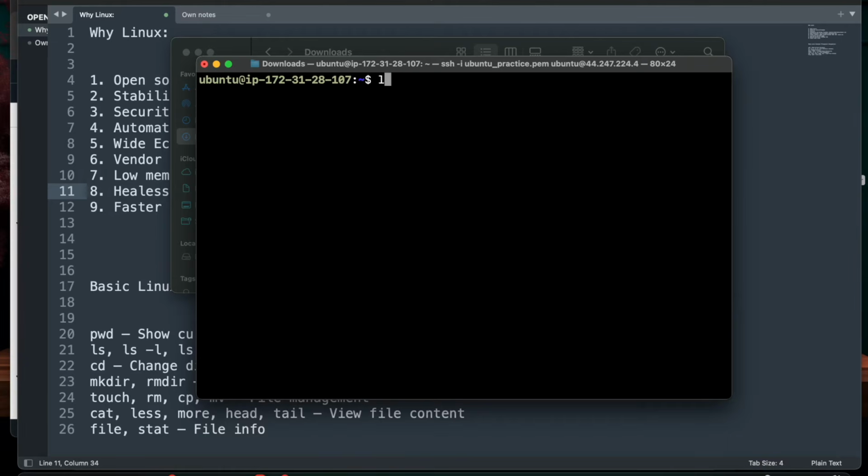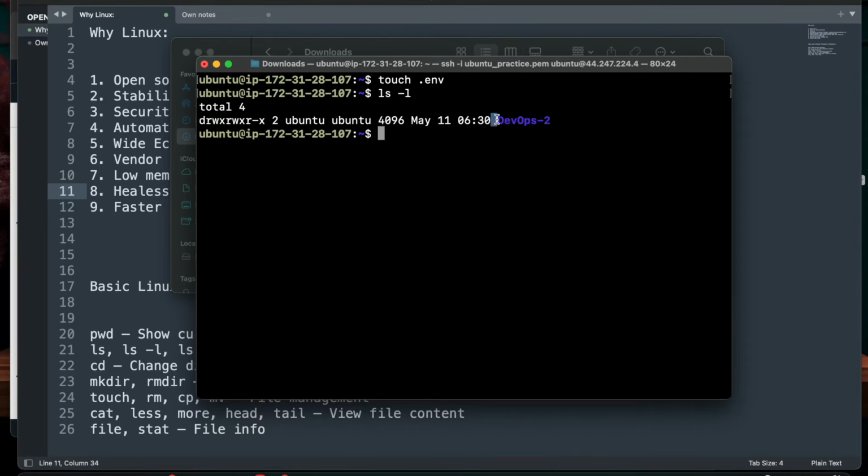Imagine you have a hidden folder or hidden directory in Windows or Mac. In Linux, hidden files and directories start with a dot. If I do touch .env, that's a command to make an empty file. If I do ls -l now, I don't see that file here because it's a hidden file.